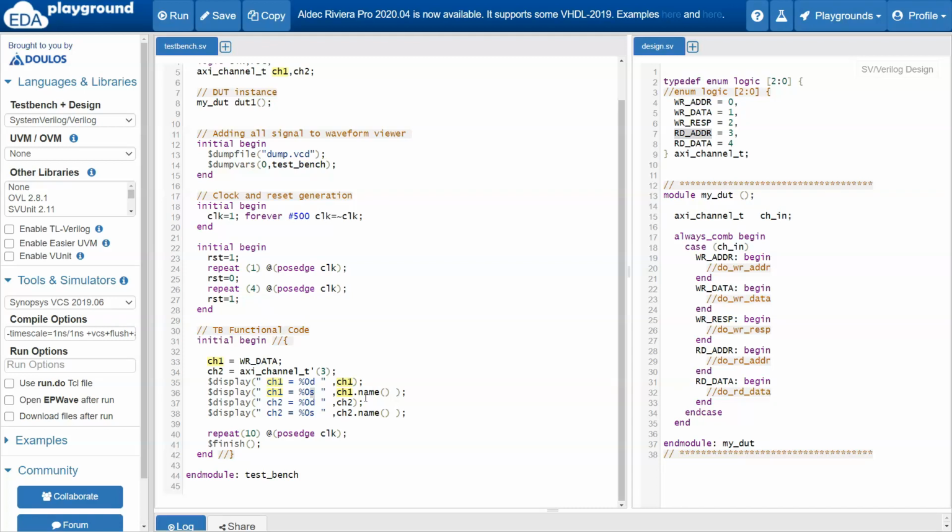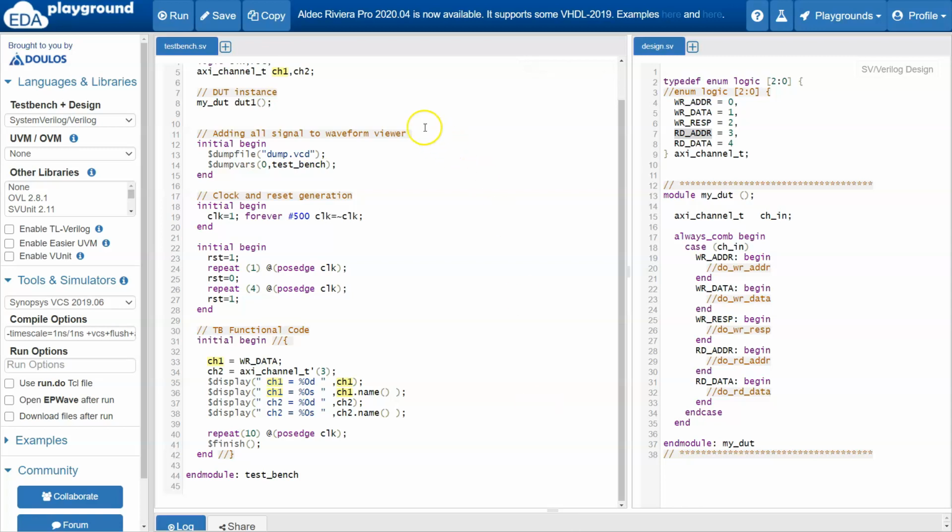Here you can see that first I'm displaying ch1 using %d, and here I'm simply passing ch1. I am expecting an output of 0. Next I am displaying ch1 using the %s format, and therefore this argument has to be a string. So you can easily get the string value of an enumerated variable by using the variable name dot name within a set of brackets.